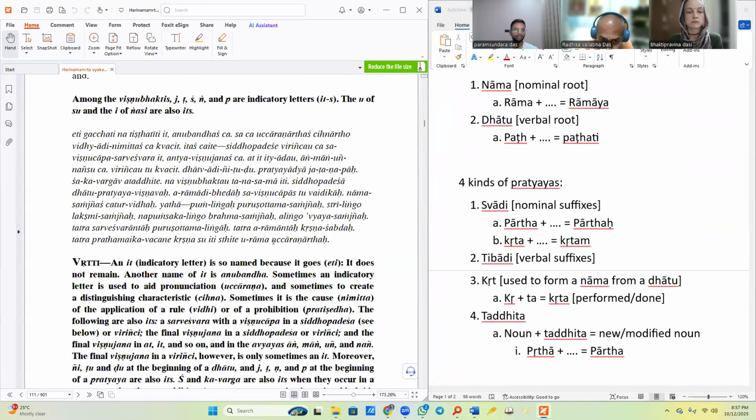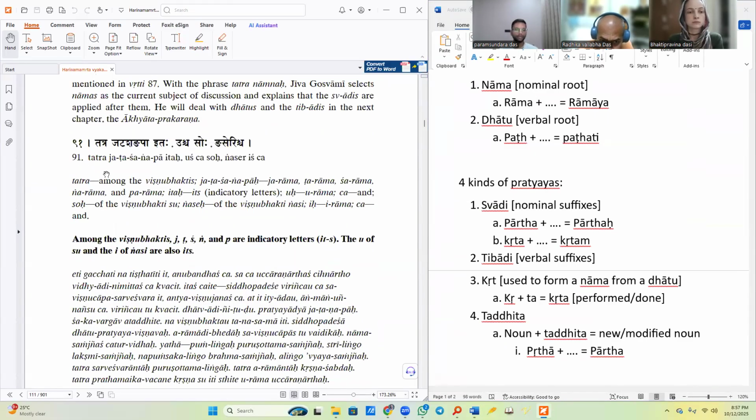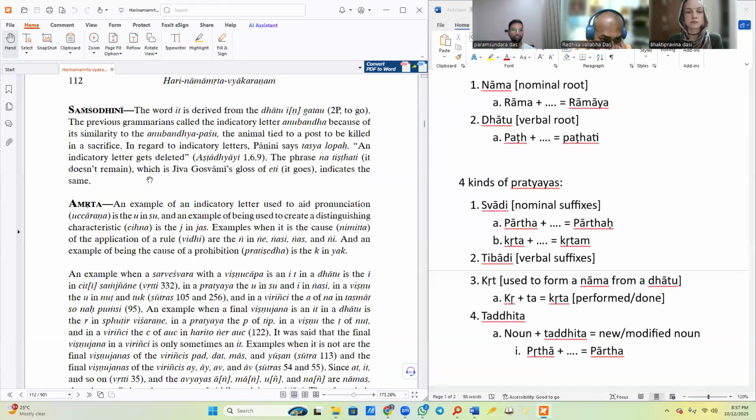So, then sutra 91 says, Tatra Jata Shagnapaitaha Ushta Song Aserishcha. Like in chapter 2, we see, okay, not in chapter 2. Yeah, this is the first time. Okay, so